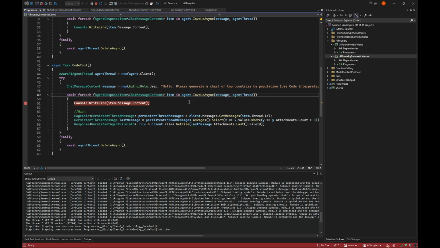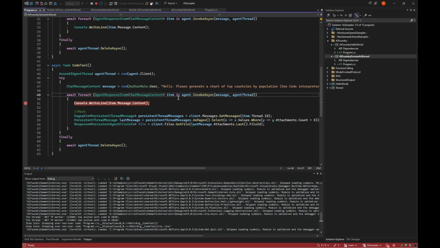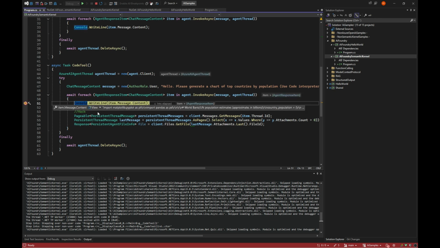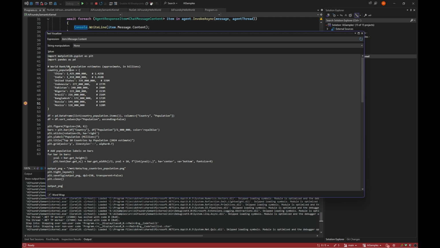And what we're going to see is that we get some odd message back once it's finished. So it actually is able to call the tool, but instead of coming back and saying, hey, here is the chart, it gives back the content of the Python tool that was run.